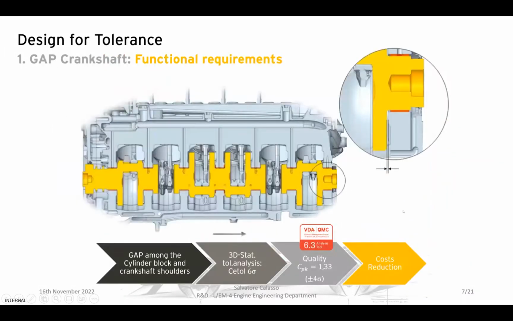So starting from the first one, our goal is to have a gap between the two shoulders, highlighted here on the right, between the shoulder of the crankshaft and the shoulder of the block. In particular, the gap should be greater than or equal to 1 millimeter. The approach used is a 3D statistical approach using CETOL, and considering a process capability of 1.33